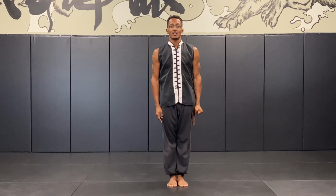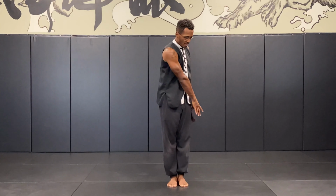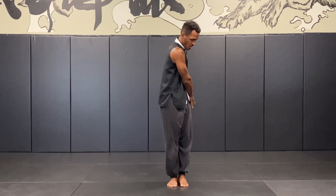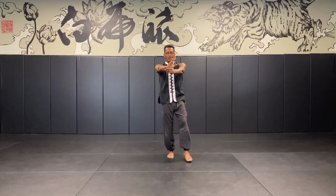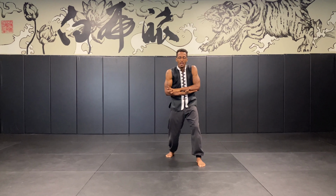We're going to make a fist with our left hand, covering that fist with our right hand as we turn our center, lifting the hands. As I turn my center, my hands come to my center, making the salute and pushing out. We're going to step with our left foot, rotate the hands open, double grasping palms,